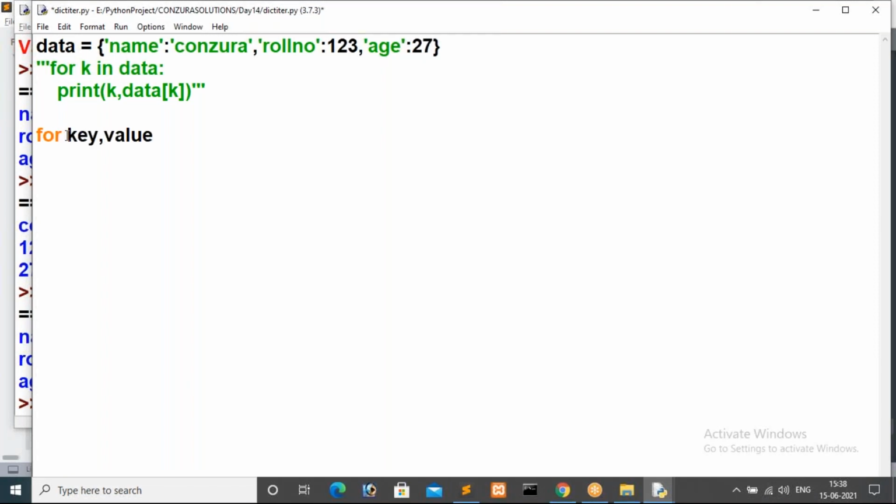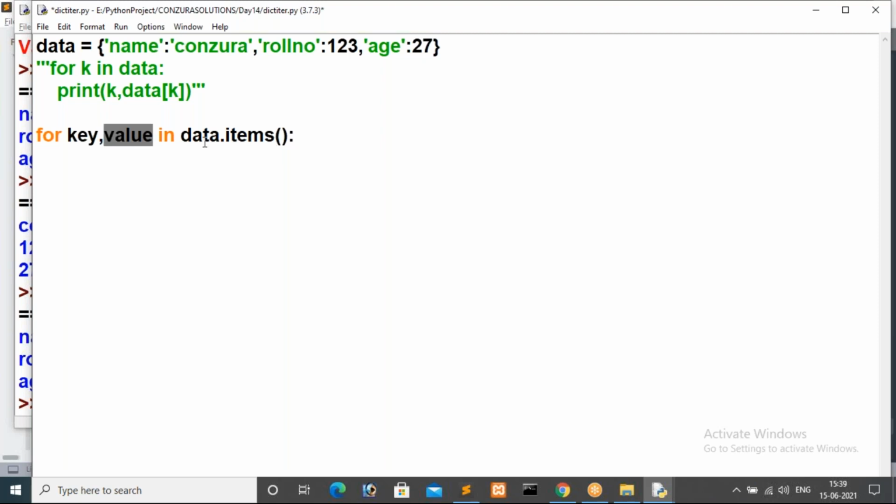These are user defined variable names, guys. Key comma value we are getting in the first iteration from data dot items. Items is the method that will return the key and value pairs. In the first iteration it returns name and Kanzura; name will be stored inside key, Kanzura inside value.